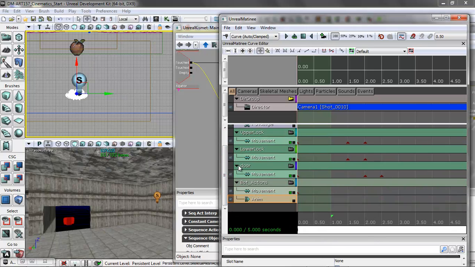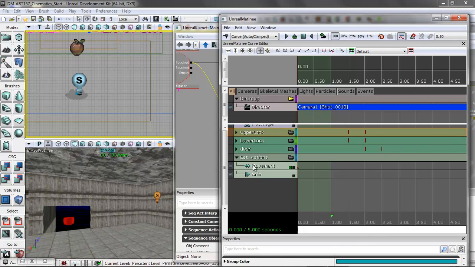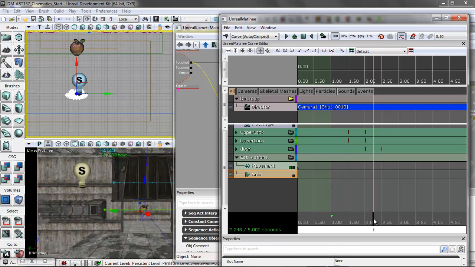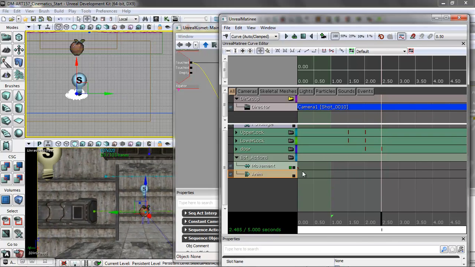So basically we have two things. We have movement, which is actually moving it around, and then we have animation. We're going to do animation for this, so he's basically going to stay put. And we'll bring up our first animation at 2.5. And when we go to add a key, it's going to say,